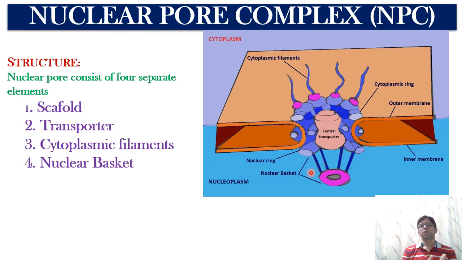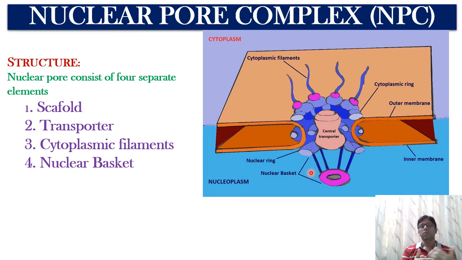Coming to the transporter, it is the central hub involved in the transportation of proteins and RNA, and it is a proteinaceous ring measuring about 36 to 38 nanometers in diameter. It consists of 2 irises arranged one above the other, and they move sequentially like the diaphragm of a camera to let the nuclear proteins and RNA pass through